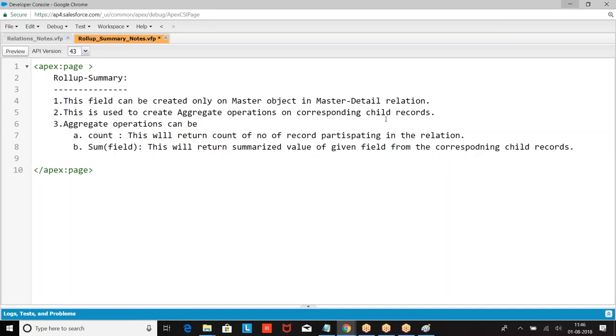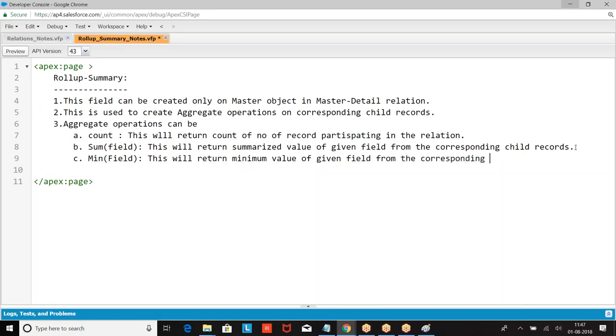Then we have min of: this will return the minimum value from the corresponding child records.